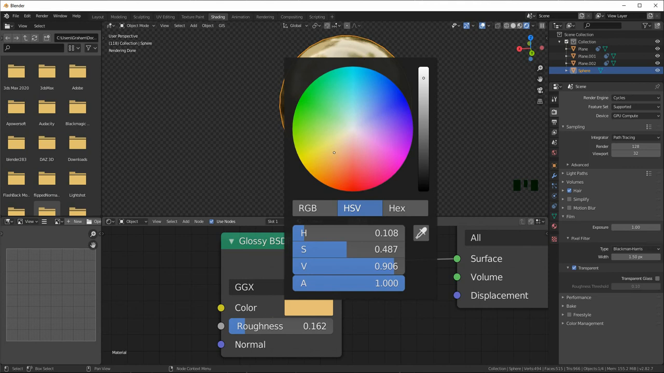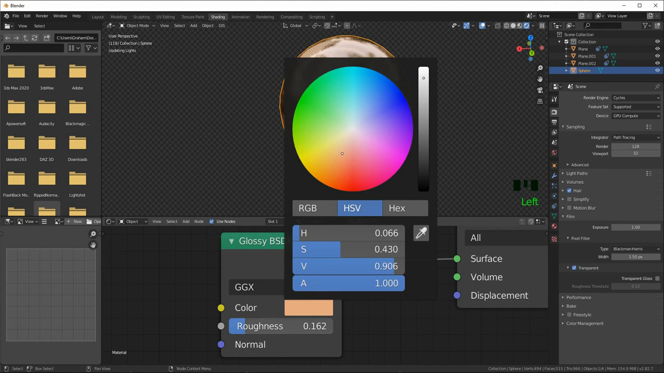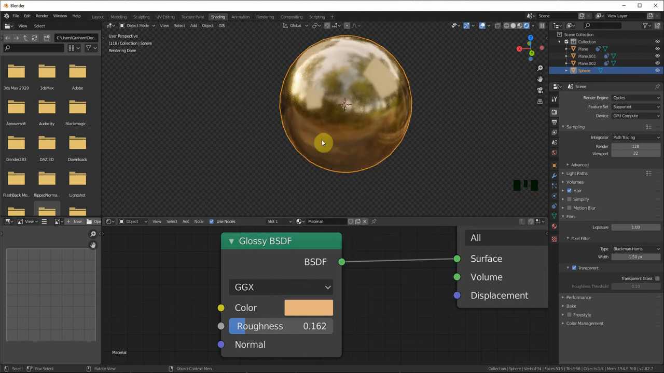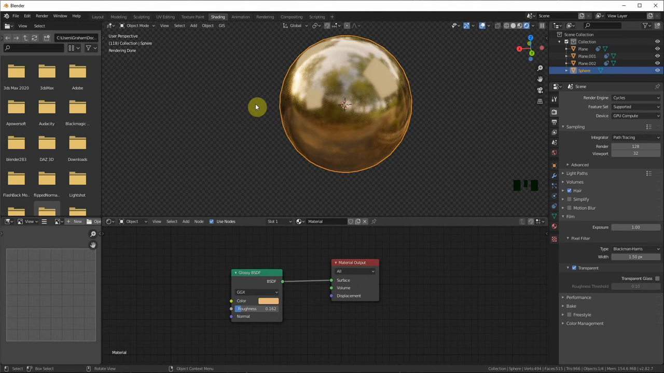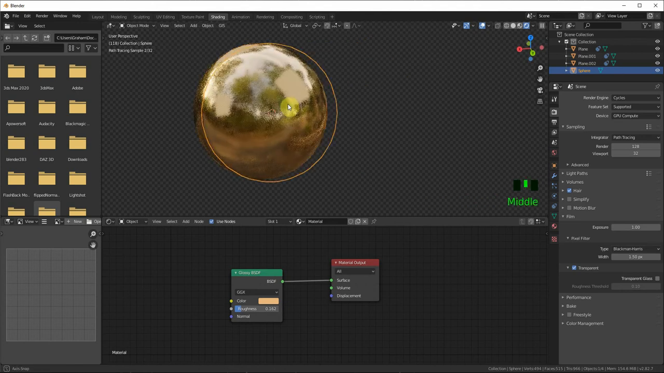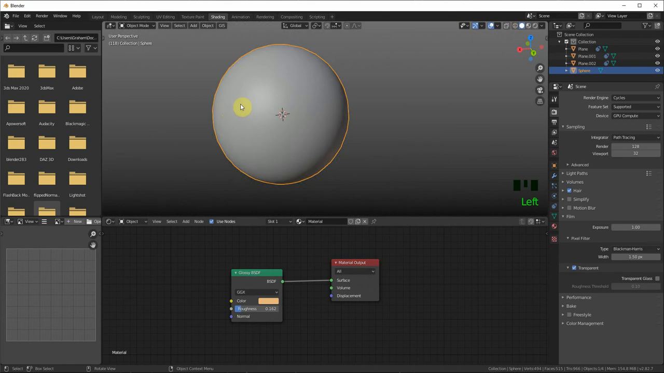We could also play with the color a bit if we wanted more orange, to make it kind of there. That's a little too much orange for me, I think. I'm going to bring it back towards the yellow. That's a bit better. Alright, so we've got this basic gold. How's this going to look on other objects? Well,